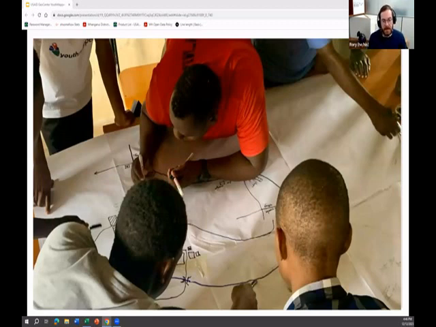Another aspect of our work is participatory and community mapping. So a little bit outside the OpenStreetMap ecosystem, where we get pen and paper and get communities to draw different assets that they find valuable. This picture is from our project where we're supporting a USAID program that was looking at bike infrastructure in Malawi. And we were trying to understand the community's issues around access to different markets, education, and government services, and had them draw the routes they take to access those and highlight the different obstacles they're facing.